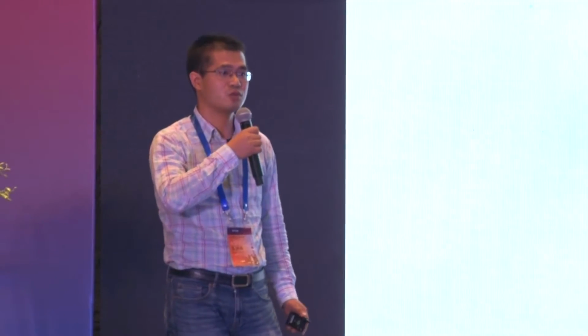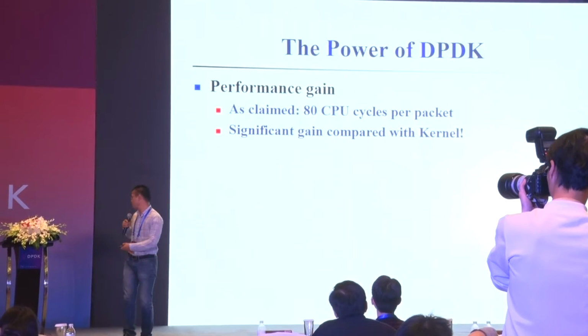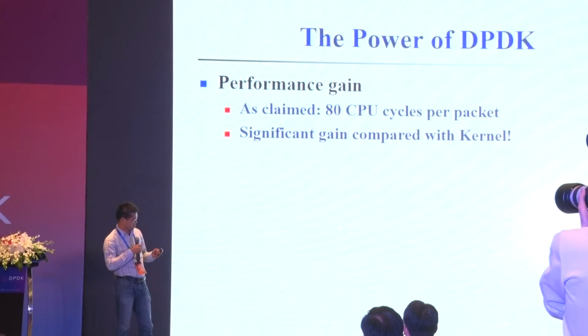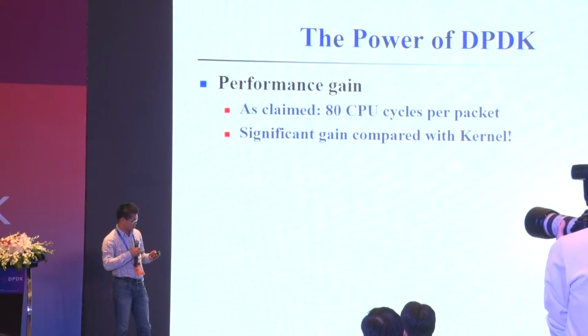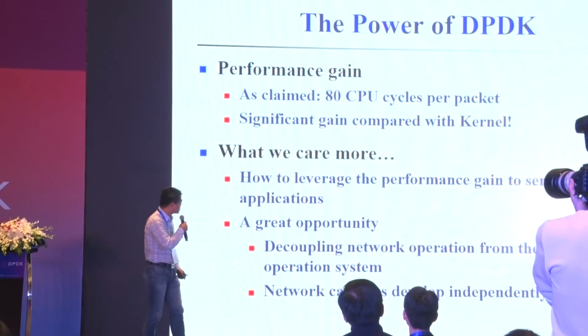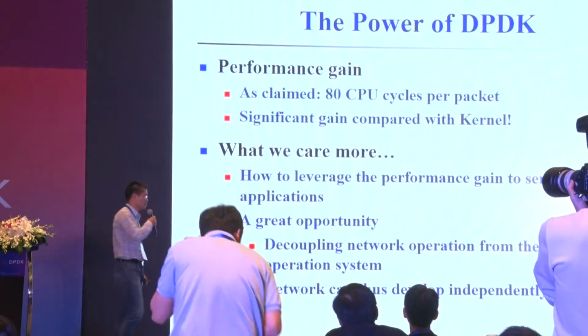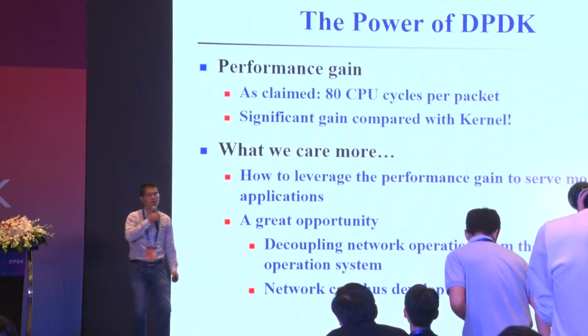What is the advantage of our DPDK community? We are very aware of it already. We can deliver 80 CPU cycles. Because we have always been in such an industry. What I care the most is how to take full advantage of the DPDK performance gain to provide better services